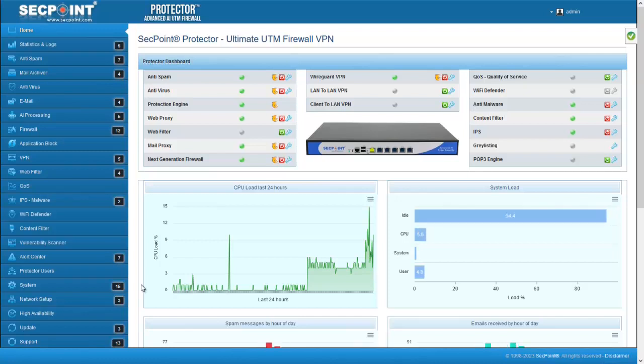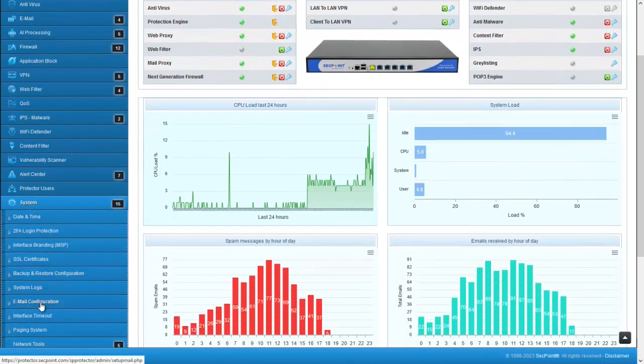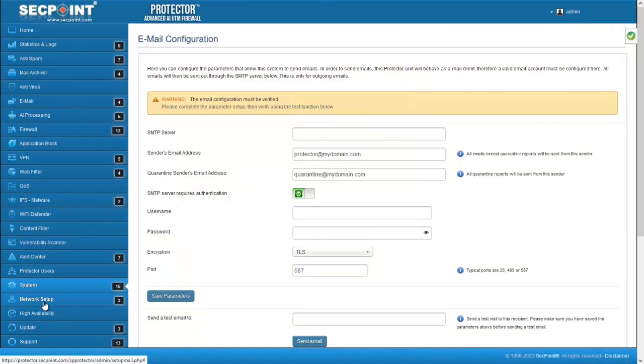This function is available at menu System, Email Configuration. In this page, you can enter the same parameters as on an email client: SMTP server, sender email address. You can also enter a quarantine sender email address. You can enter the username that has to be used to connect to the SMTP server and a password, and